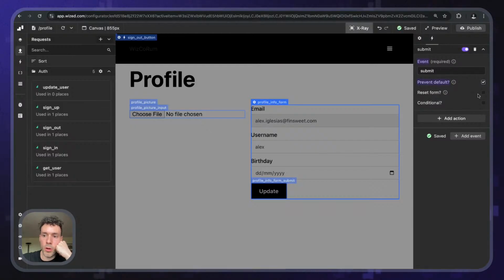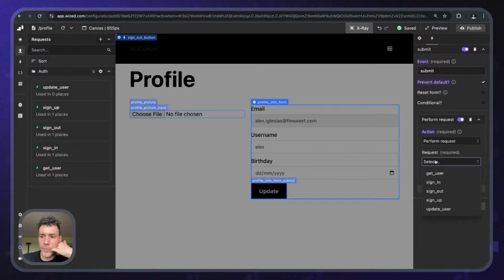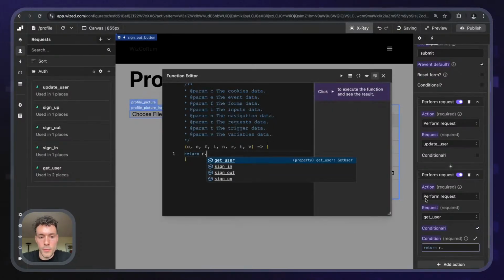we want to prevent default, yes. We don't want to reset the form, that's fine. We want to perform a request, and that request will be the update user. Also, if the request is fine, I'm going to call again the get user request. So then we automatically get the updated user object in the data store. So everything is up to date. But I only want to do this if the request of updating the user